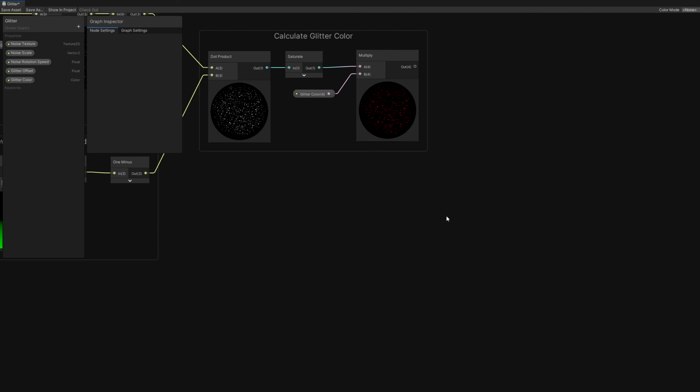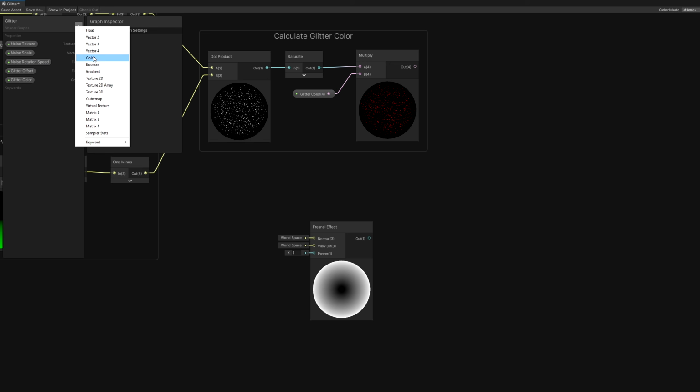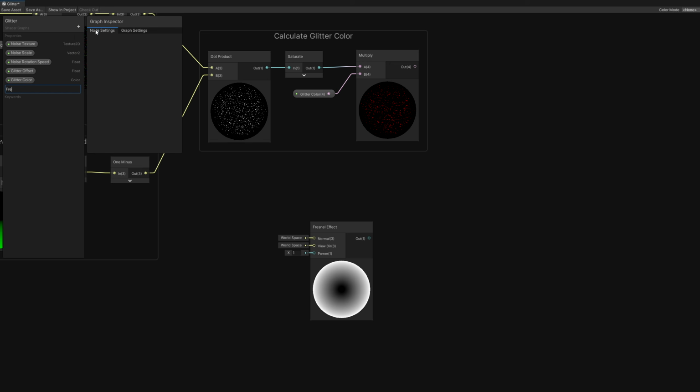But of course, we're not quite done with the shader. I want to add a slight glow to the edges of the object. Fresnel light is perfect for this, so we can use Shader Graph's Fresnel Effect node. For the power pin, we will plug in a new property called Fresnel Power to control how strong the glow around the edges is. Since the Fresnel values generated by the node are between 0 and 1,